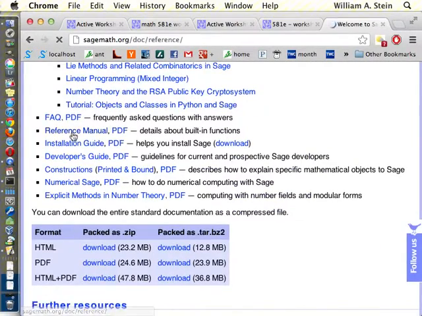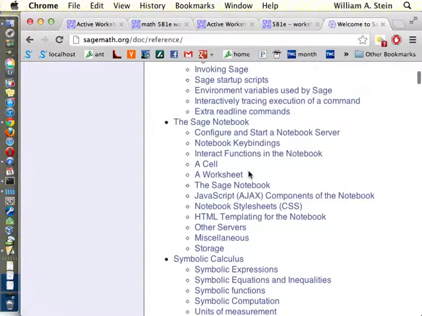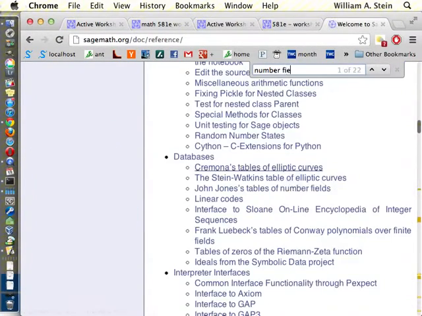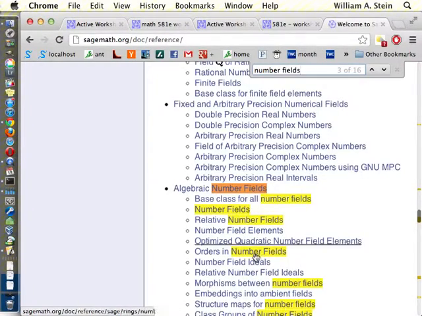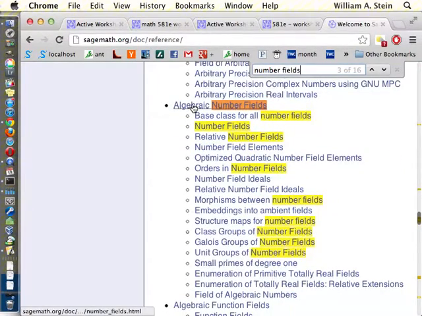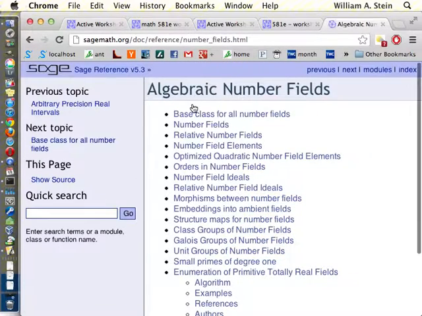The reference manual, I'm sure Ali must have showed you, there should be a chapter about number fields, algebraic number fields. Yeah, right here. This is in the Sage reference manual. And this systematically documents all of the core algebraic number theory functionality directly related to number fields. So basically, it shows you how to do things like, given a number field, compute